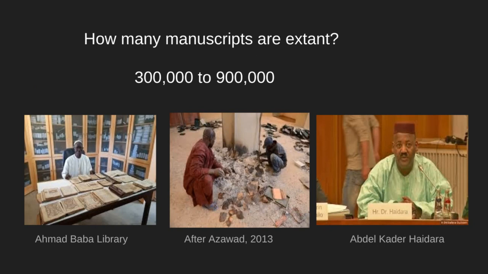Okay, so when you're talking about Timbuktu, and I'm not talking about Ngom's Ajami project here, I'm just talking about, let's say, Mali, linked to the Songhay Dynasty of the Askias. We know today that there are some 300,000 to 900,000 manuscripts. Many of these manuscripts are hidden away. Part of the reason why they're hidden is because when the French came to West Africa in the 19th century, they would bring back many of these manuscripts.